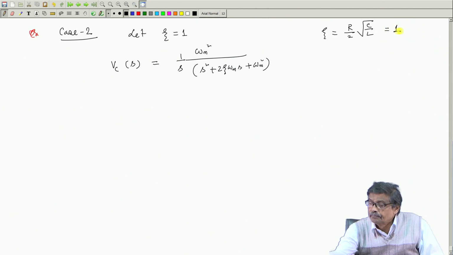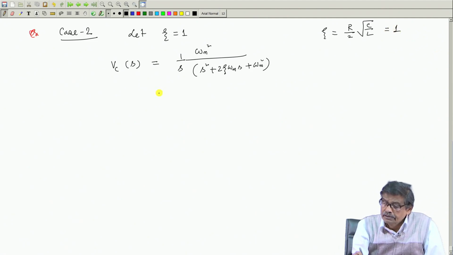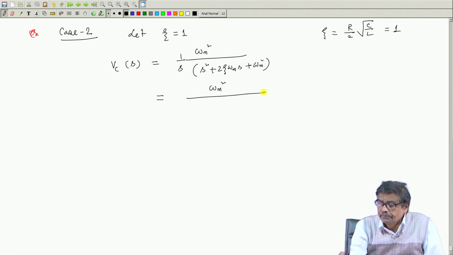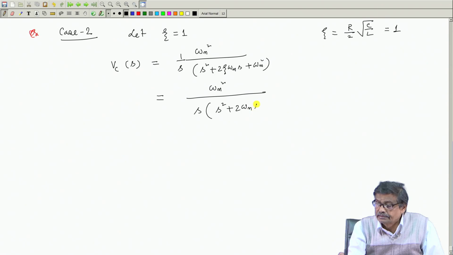Clear? Now, if zeta equal to 1, then I will straight away write omega n square divided by s into s square plus 2 omega n s plus omega n square. Put zeta equal to 1,